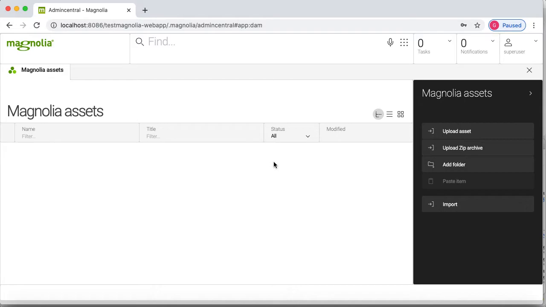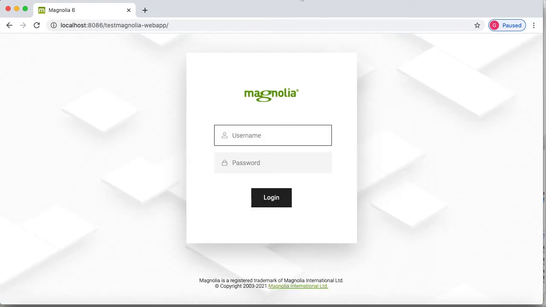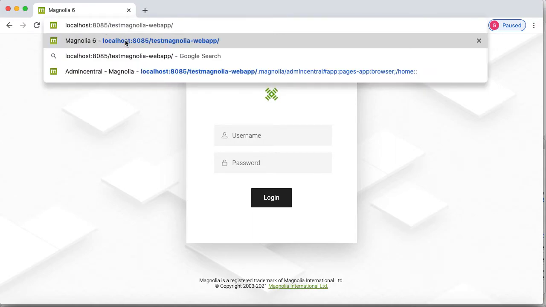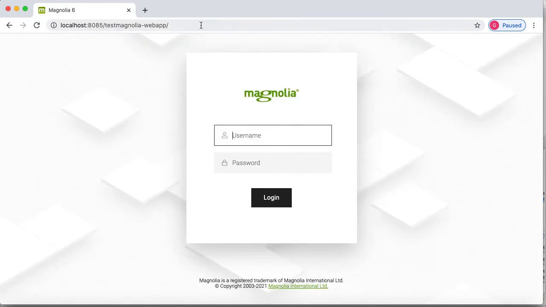So what I will do right now, I will log out from this public server, and again log in to the author server. First I will push the asset, and then I will push the page, and then I'll show you how it looks after publishing.